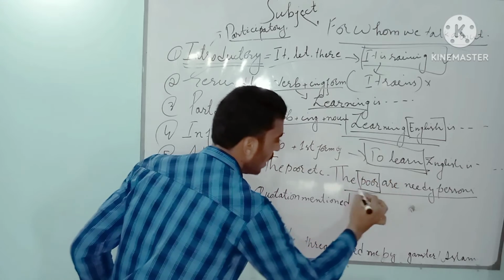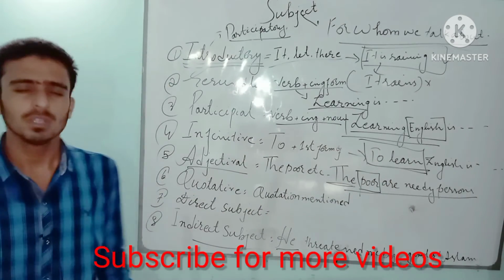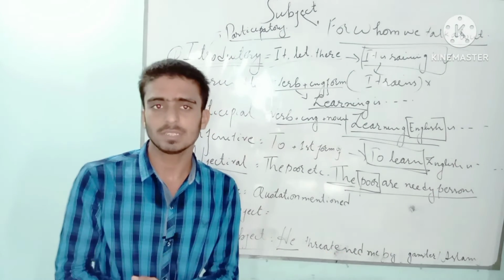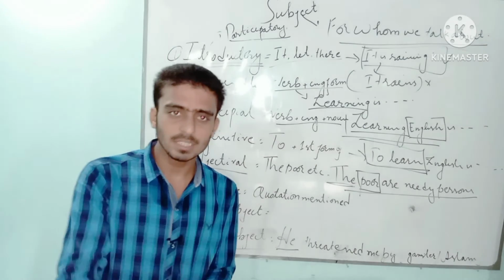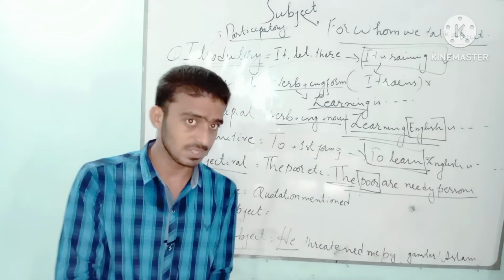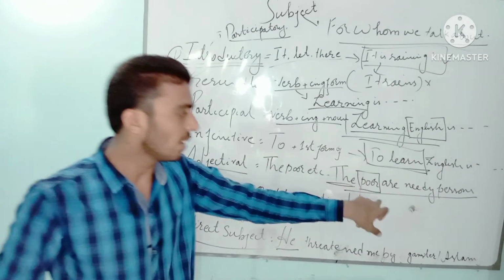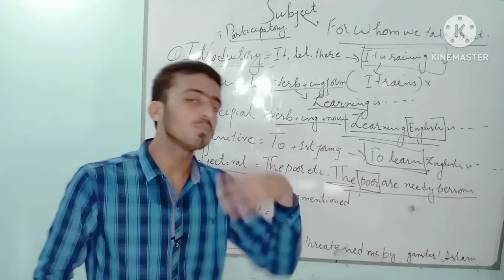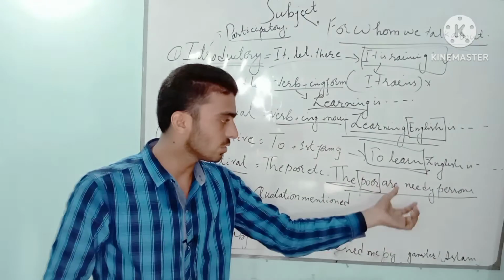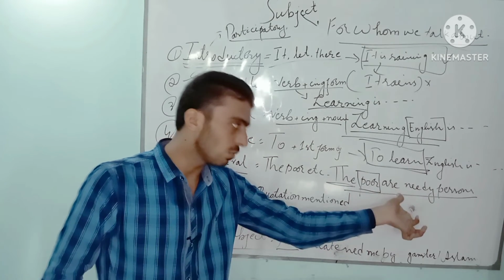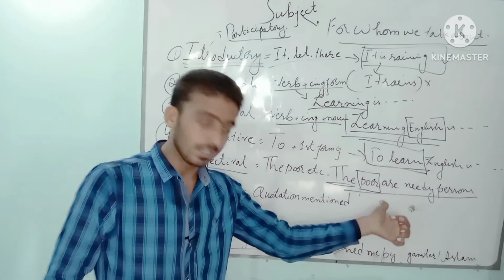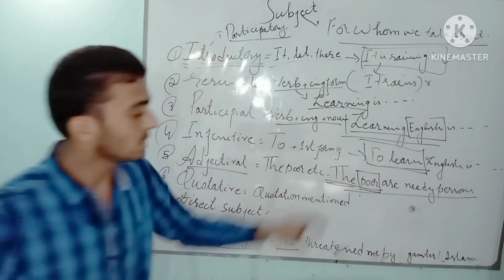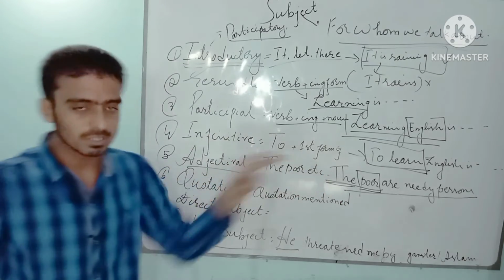I have used here "the poor are needy persons." Here poor is an adjective, and I have used "the" before it. Whenever we want to form the plural of the adjective, we just add "the" before it, just like the rich, the wealthy, the honest, etc. It means here I am talking about poor persons, so it is plural, and I use a plural verb because of "the" and the adjective. Here "the poor" is an adjective coming at the start of the sentence, so we say it is an adjectival subject.